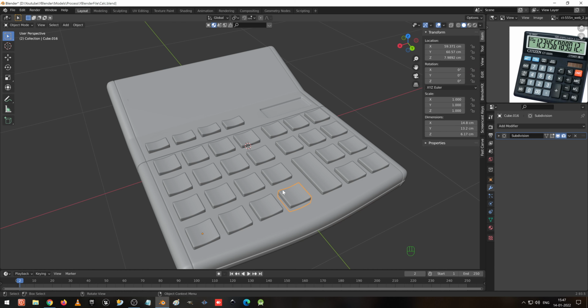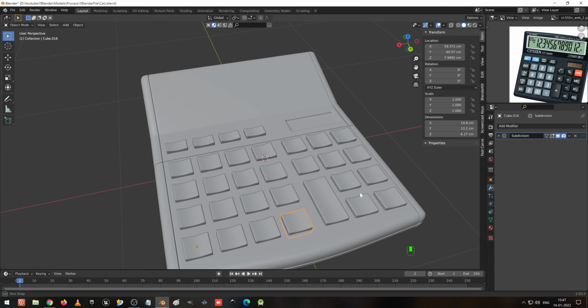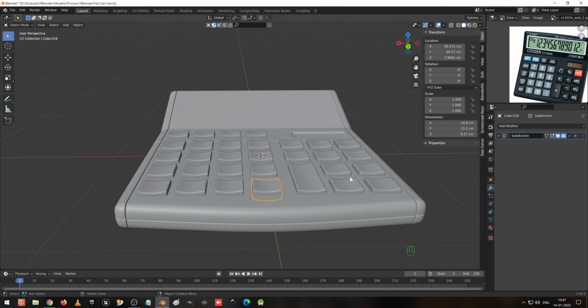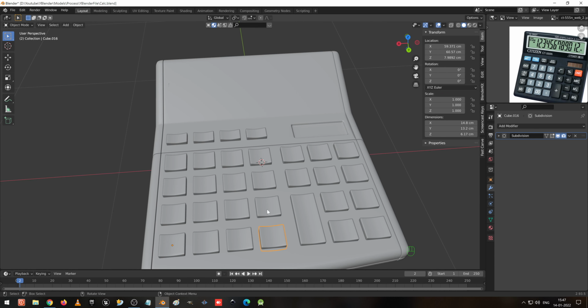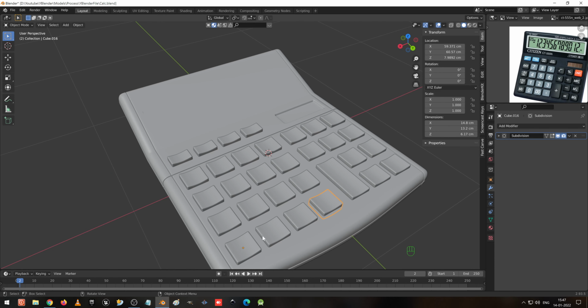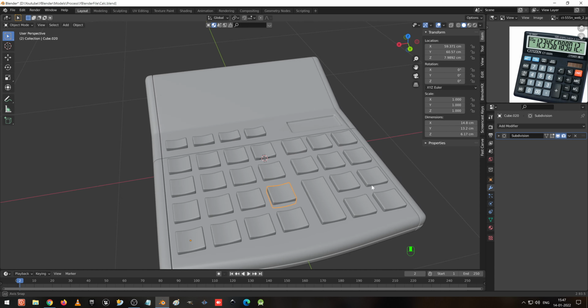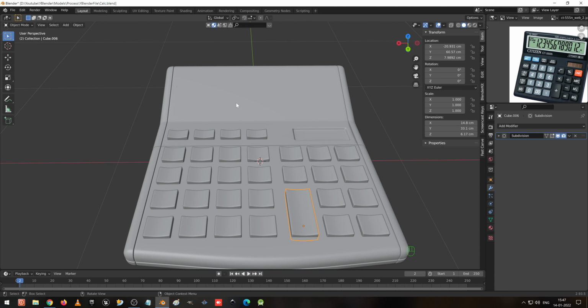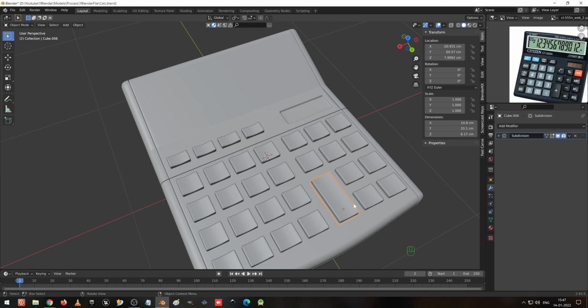Don't worry about it. Next, here we can see all the buttons which are there. They have the pivot point of what we created for the first button. It is looking the same. We are going to change that. First we concentrate on this plus button. You can see it's not aligned perfectly.